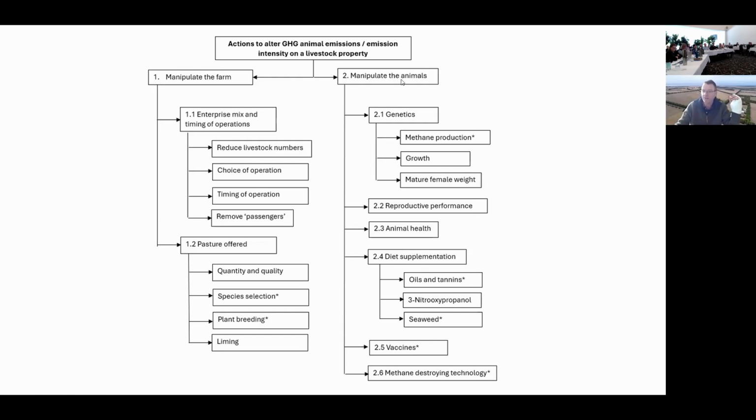And then on the other side, the two over here is what can we do to manipulate the individual animal in that farming business. So same number of animals, don't do anything about changing the way the business operates, but change how each individual animal performs. And if we start to think about livestock, about 85% of most livestock businesses' emissions is associated with methane. Then we've got to be thinking about how we can actually change the overall output of methane in particular as part of that.